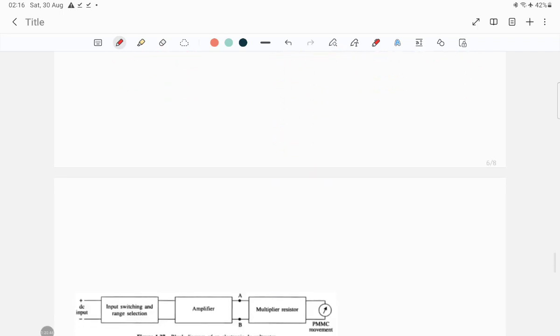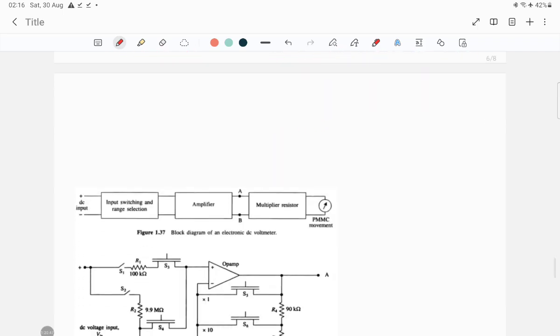So that's it, and we have come to the last part of our syllabus, that is the electronic analog DC voltmeter. Now